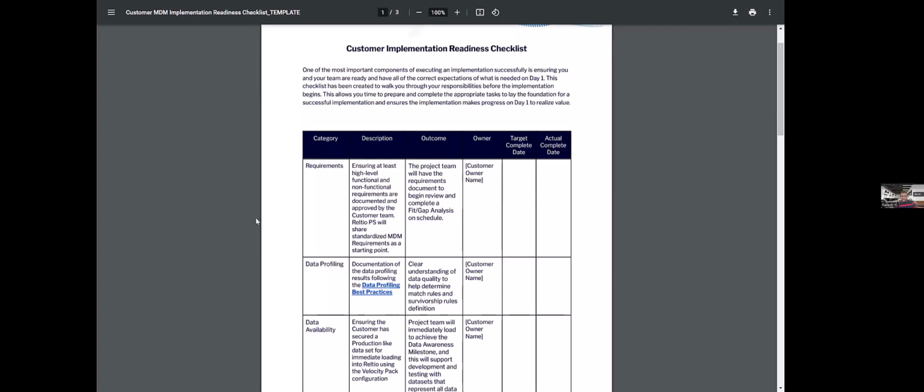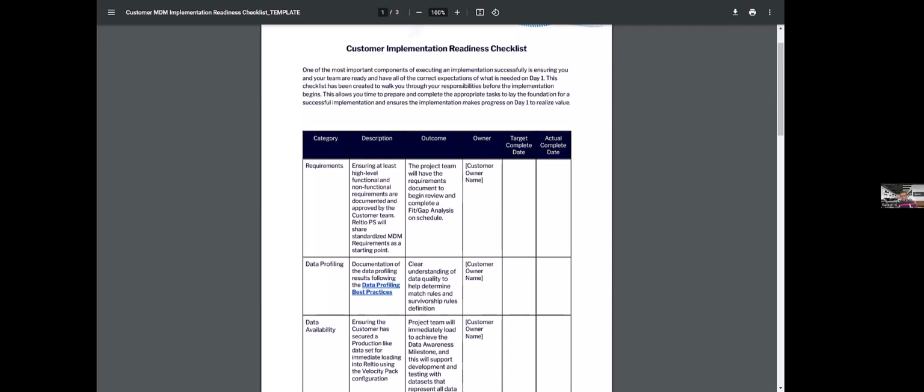Thank you, Stanley. Now that we have seen the methodology and we have seen the list of prerequisites, let's do a deep dive on each of those. So the first one here is the requirements. Again, when we say requirements, this is the biggest in this whole list, because on day one, when we start this implementation, we want to ensure all the requirements are available, and start with the configuration so that we could achieve the first milestone at the end of sprint one.